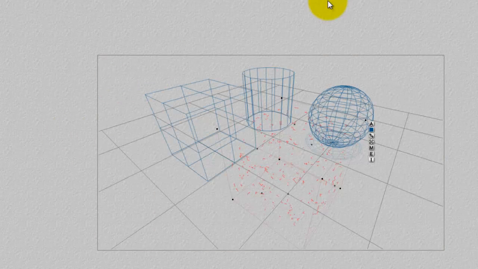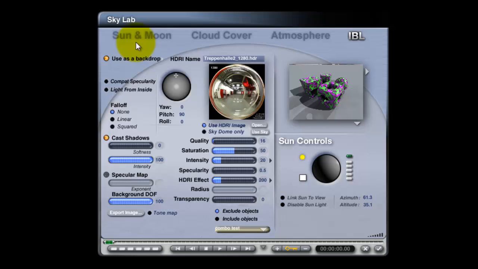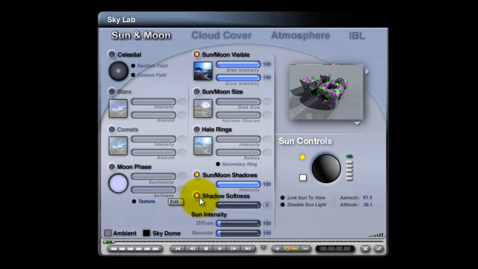If you want to know more about depth of field, there's a tutorial specific to that, as well as the lighting options that I'm using as well. But I'll just show you going through the motions. If you're familiar with this, then it should make sense to you. Set the shadow softness for the sunlight that I'm using,